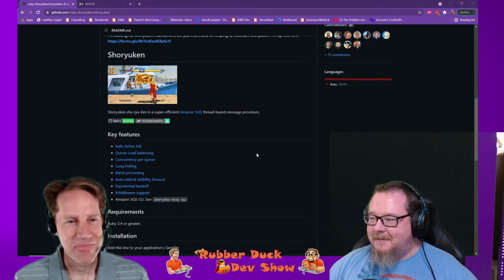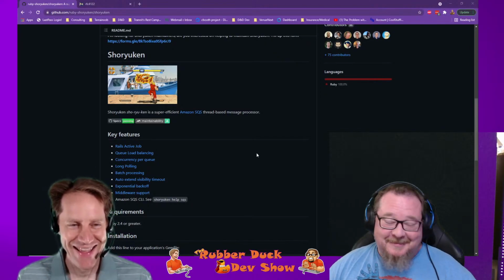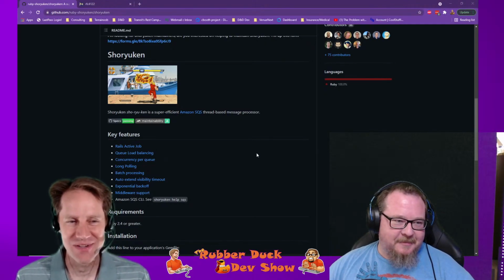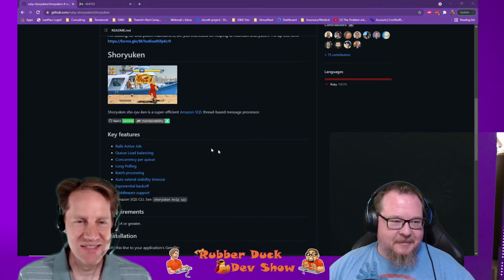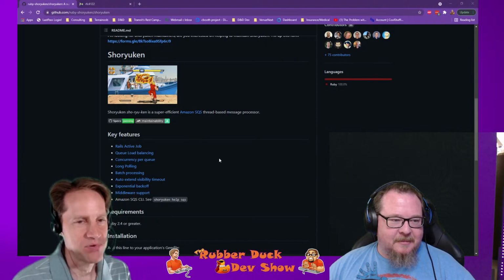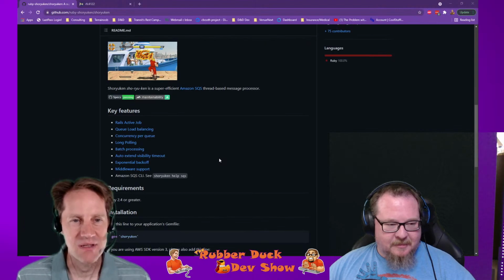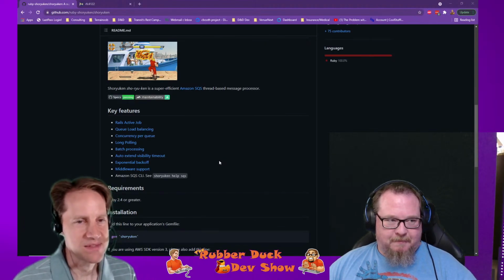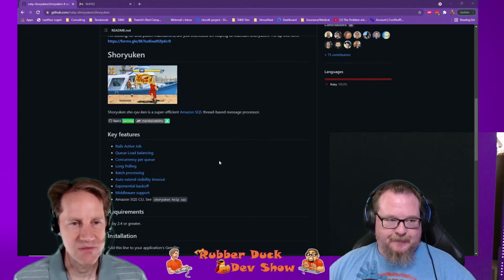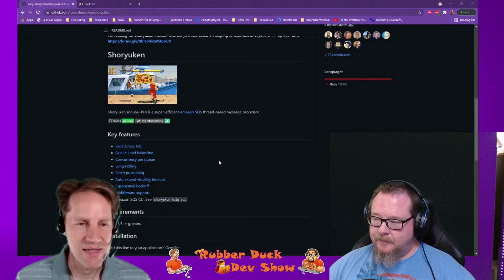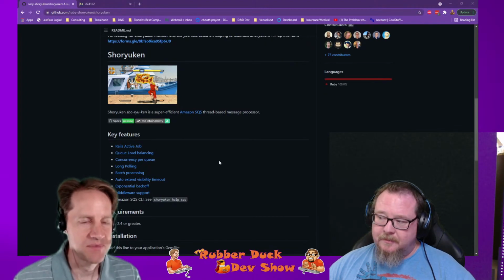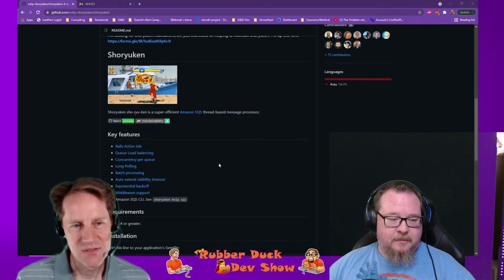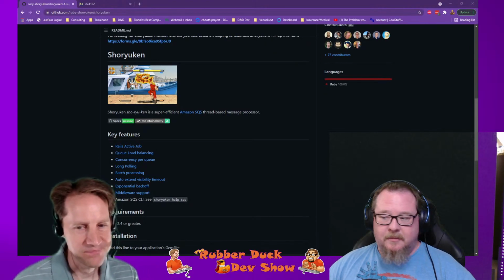Apparently it comes from Street Fighter, because that's what one of the moves says. Basically, it's a library that does job processing, but it uses Amazon's SQS service to do it. You put it in your Ruby app or Rails app, and you can use the Amazon SQS service as a queuing solution to process jobs. So that's just another option I wanted to mention.